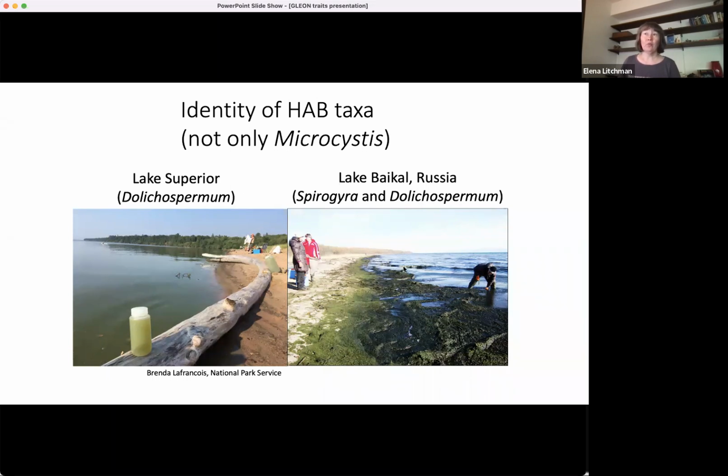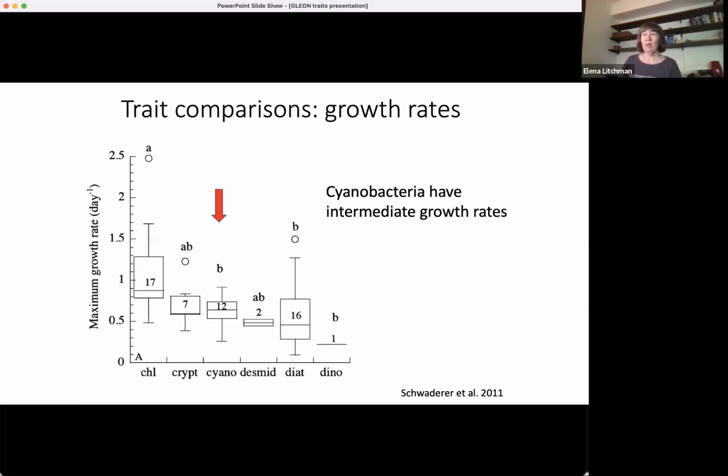So when and where would different HAB taxa dominate? Looking at their traits may give us answers. So we can conduct comparisons of traits at different levels. Here we compared different groups. We compared cyanobacteria with other groups of algae. And we found that growth rates of cyanobacteria are intermediate compared to other groups of